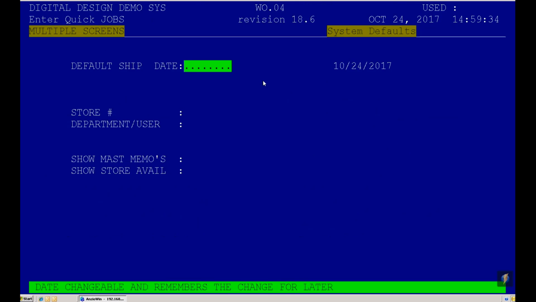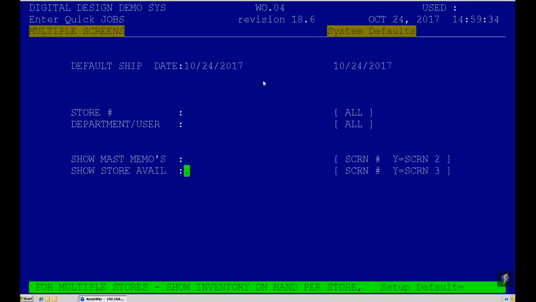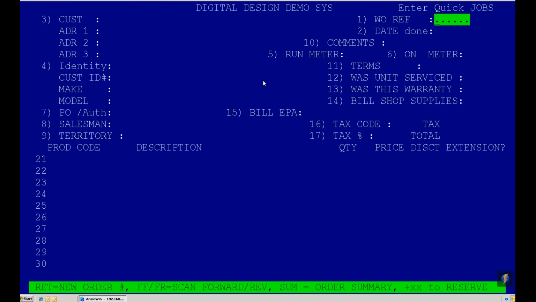Default ship date is going to default to today's date. Store number is whose inventory are we taking this out of? So if you had store number 10, store number 20, you would put it in here, and then when you charge out parts, it removes it from that store's inventory, not the main branch. So I'm going to hit return,